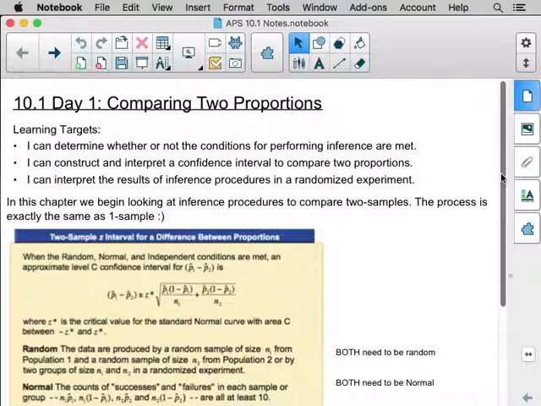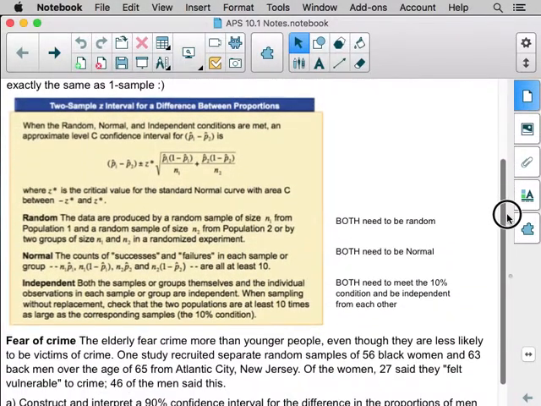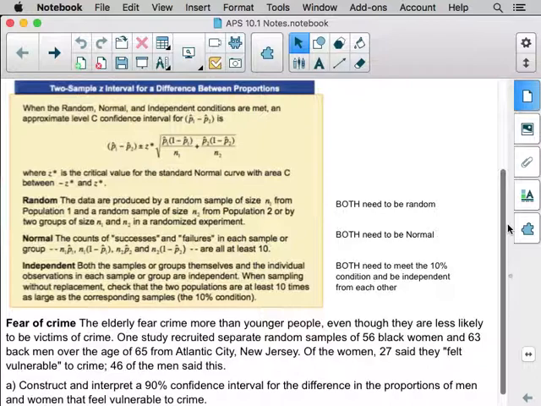And again, the nice thing is the process is still that four-step process. The only difference is you have to say that they're both random. They both have to be normal. They both have to meet the 10% condition. It is a little bit more, just because you have to note each of those conditions for both things. But you know those conditions. You've been doing it for almost 2 months now. So I think this is an inherently easy chapter, because it's every skill you already know how to do. So let's dive right in